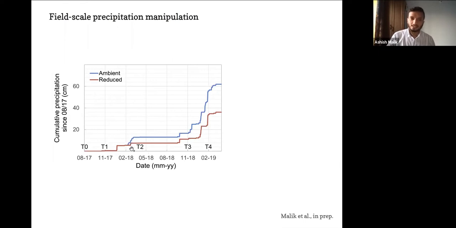And here you can see that there is decreased precipitation in the drought treatment because the sheds were covered. Then we have a pretty dry period through the summer, and we then sample again at the end of the dry season. And then some of the sheds are covered to simulate a drought treatment in some of the plots here. And therefore, we see the fourth time point here after the wet season. And here you can see a significant amount of reduction in precipitation, nearly 50% of the ambient.